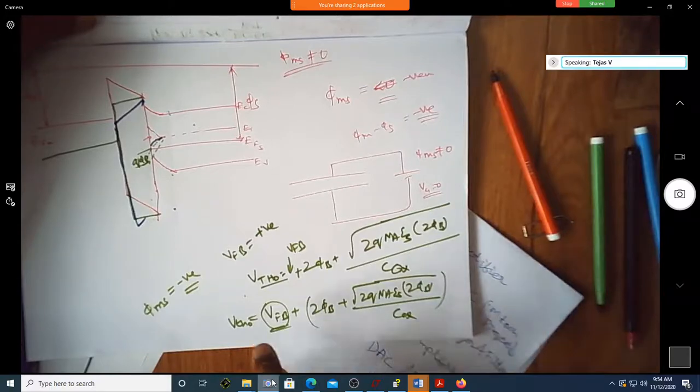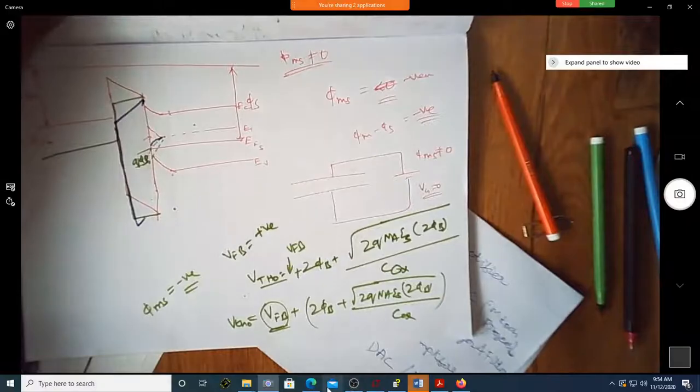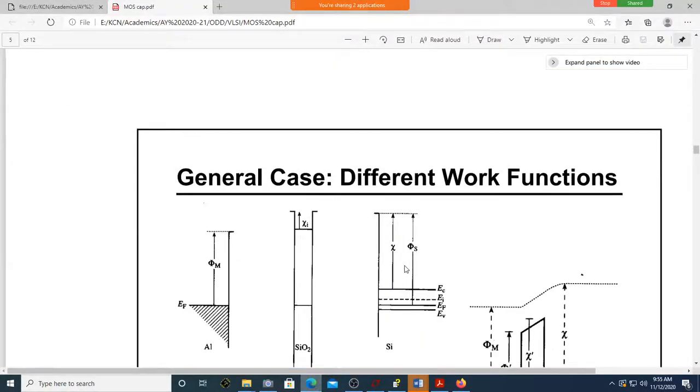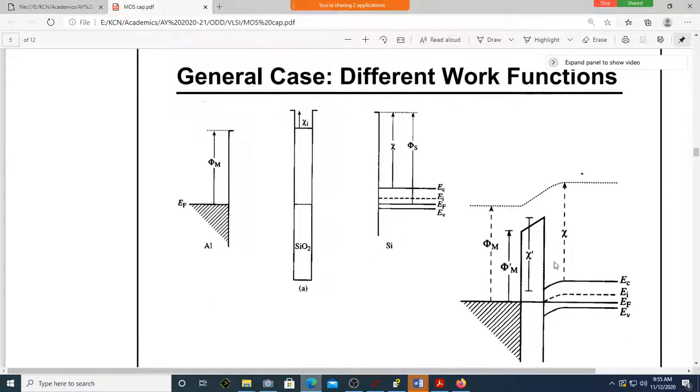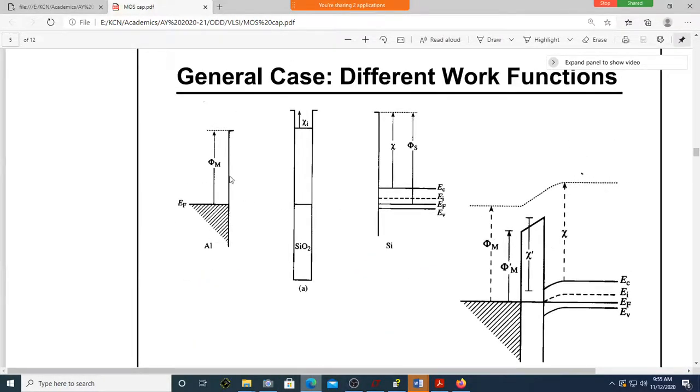Yes, sir. So it is possible to have either VFB positive or negative. Suppose your work function difference is positive, what will you end up with? Let me just go back here. This is a different work function. Fine. I don't know whether I have it for the other case. It's not there. Here you can see phi ms is negative. Correct? Phi s is more, this is less. So you have a negative flat band voltage, meaning that to make the band flat, you are supposed to apply negative voltage. So to have inversion, do you actually require lesser voltage? Yes, sir. So it is lesser voltage.